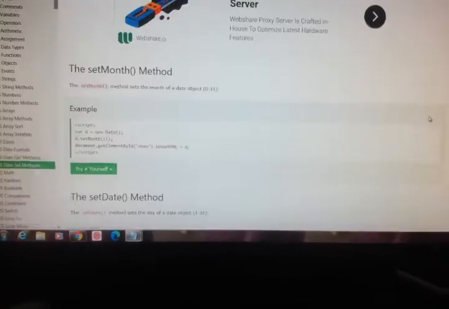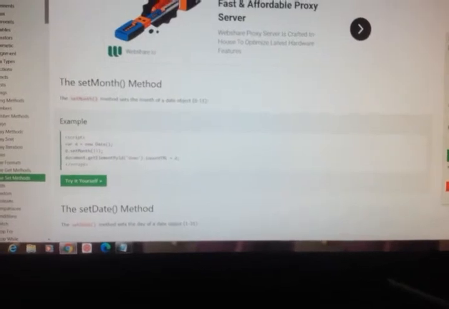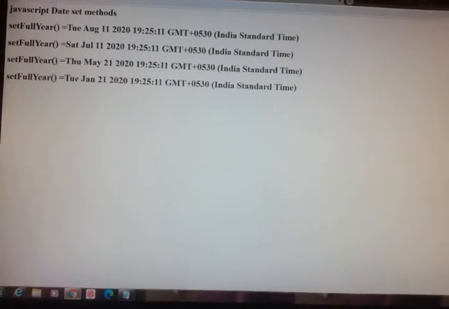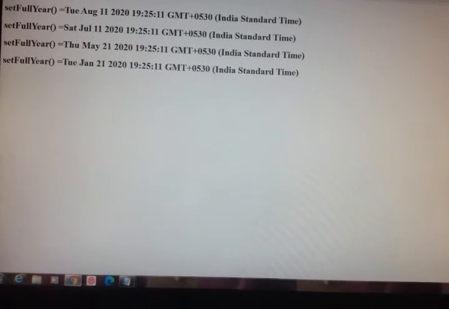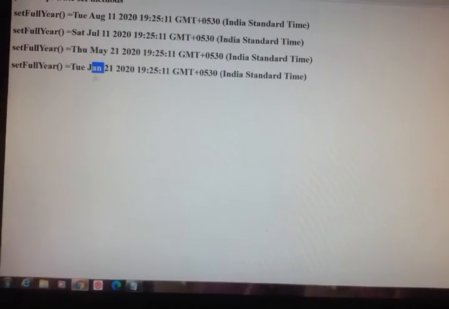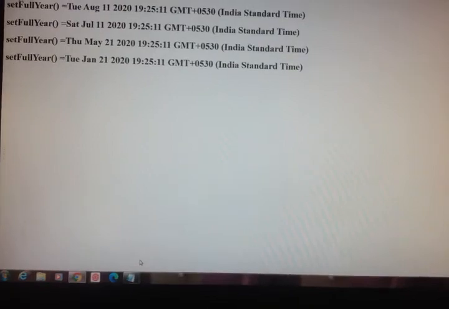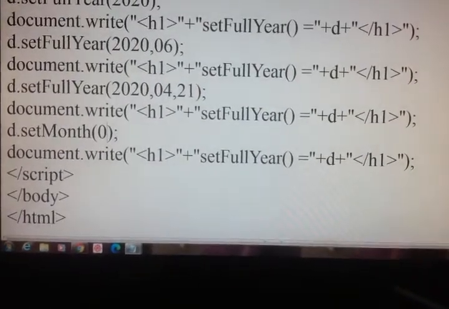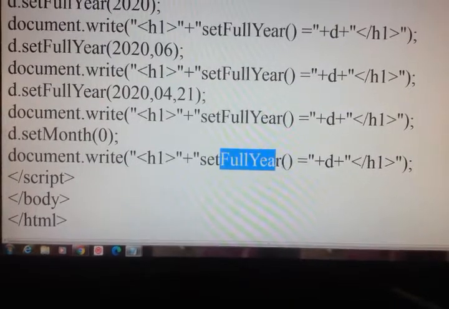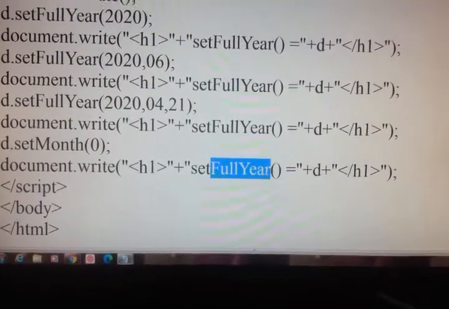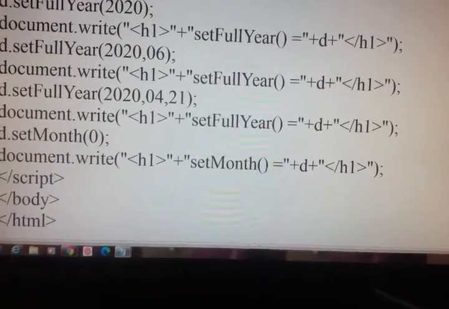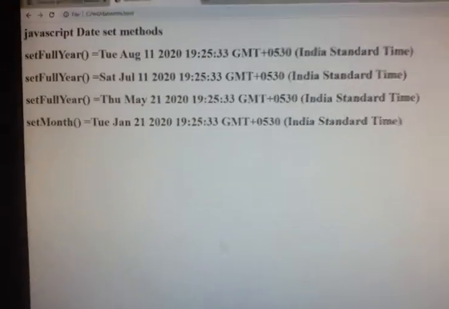Save, go to browser, F5. Here 0 month means January. Just change this comment to set month.